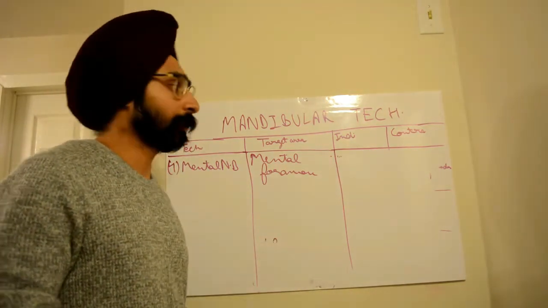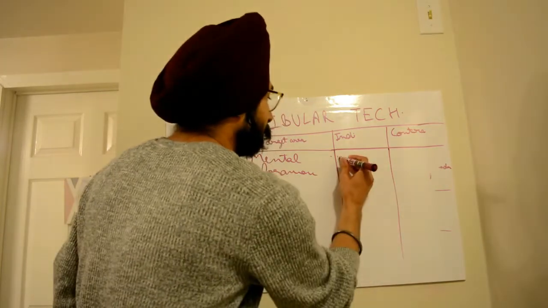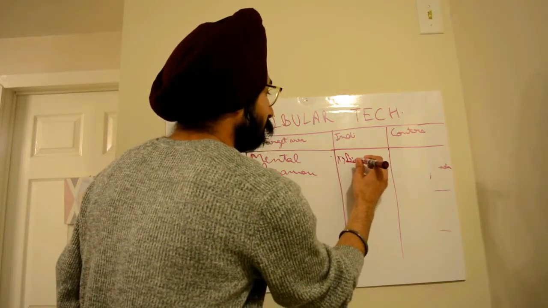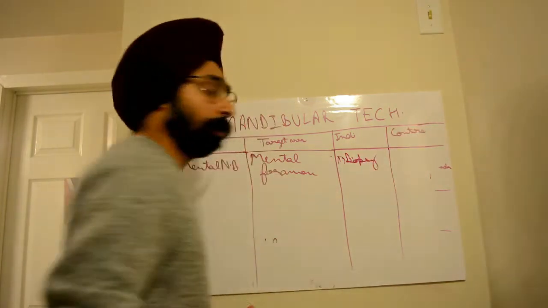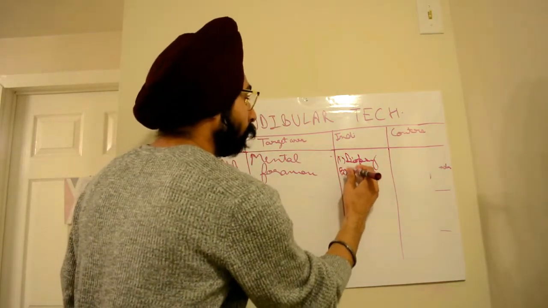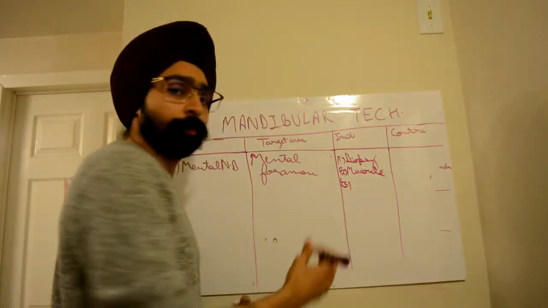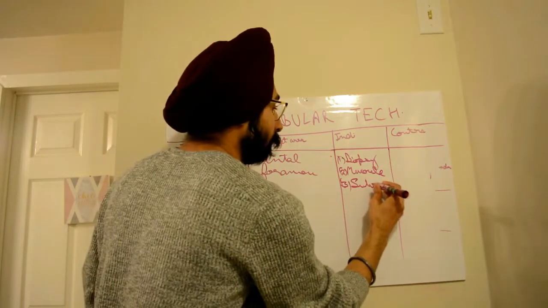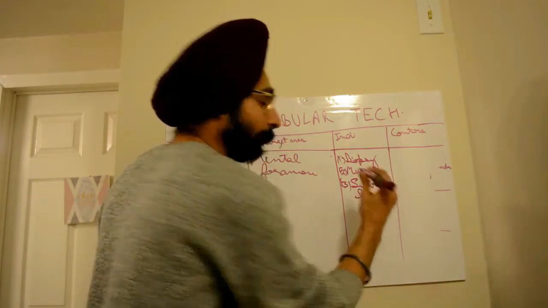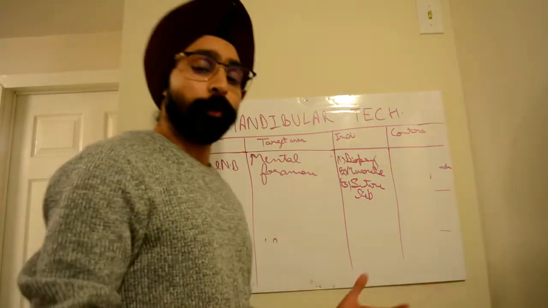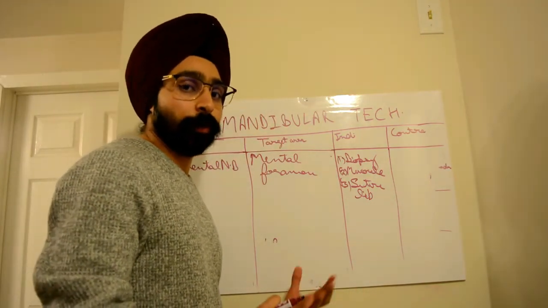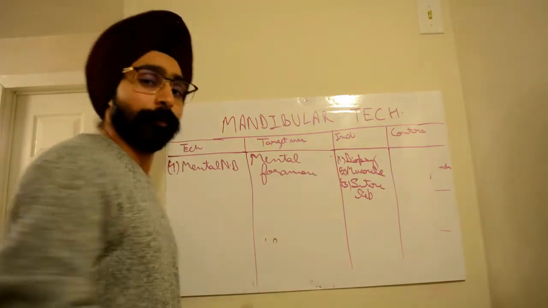What are the indications? If you want to take biopsy, or if you want to remove mucocele, if you want to suture the lip, if it is not cut in the midline. The contraindications are acute infection or inflammation at the site of injection.